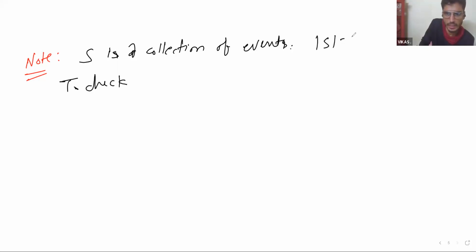Say that cardinality of S is K. To check pairwise independence,